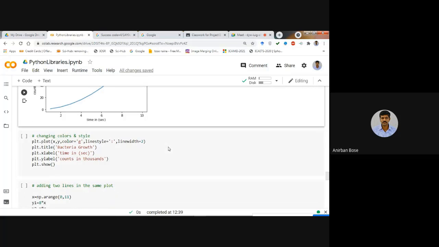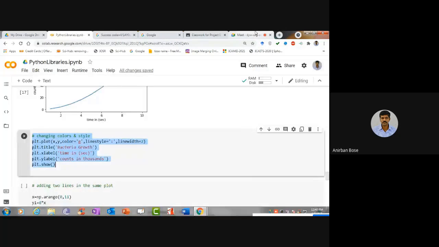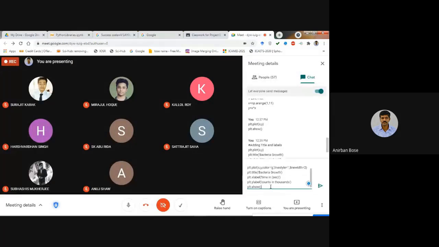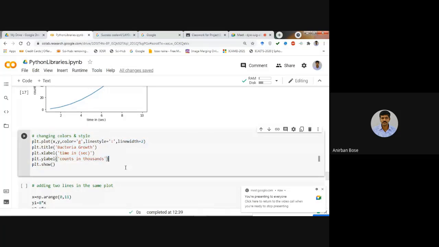Now, to change the colors and the style of the graph, that also you can do. Here you observe that plt.plot, then x comma y. After that, you include the other parameters like color, line style, line width, all that. So previously we have written only x, y.